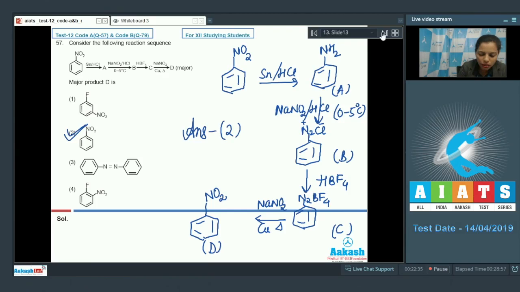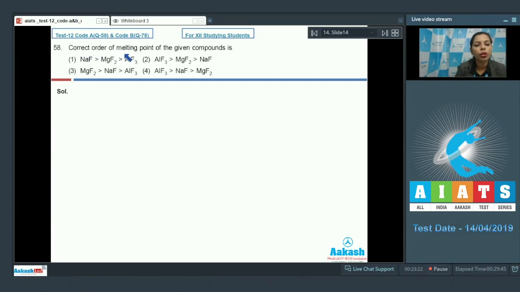After this, here's another question. Question number 58. Correct order of melting point of the given compounds is, we have the fluorides of sodium, magnesium and aluminium. If I talk about the melting point, that depends on the lattice enthalpy. It means more the amount of lattice enthalpy, more would be the melting point. It means it is difficult to melt that compound if its lattice enthalpy is high. On the basis of that, aluminium fluoride has the maximum melting point because it has highest lattice enthalpy. Then is the turn for MgF2, and after that sodium fluoride will be there. So correct answer becomes option 2